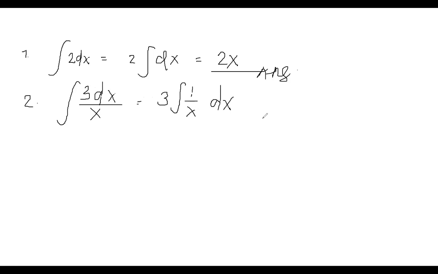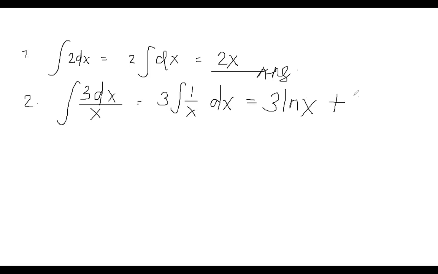And we have the fifth property of the indefinite integral, which is the integral of 1 over x dx, or simply dx over x, is ln x, right? So our integral of 3 dx over x is simply 3 ln x